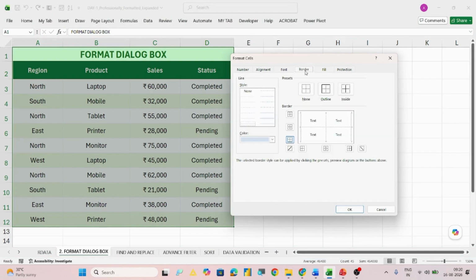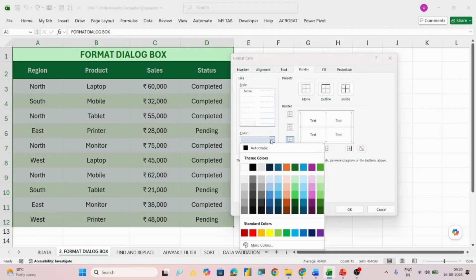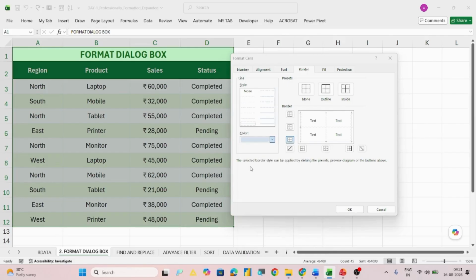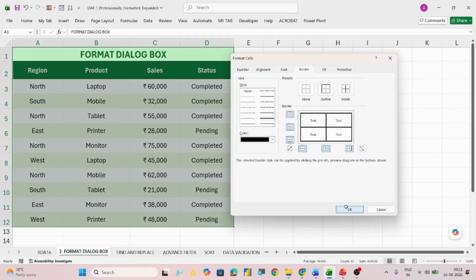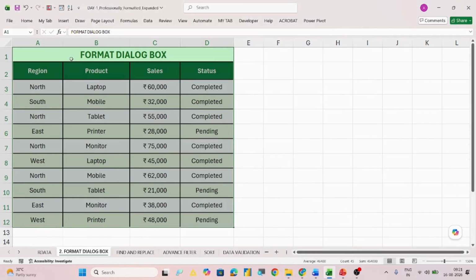Again, if I select the entire data, and go to Ctrl+1, and I want to put a border around this, in which color of border do I want? Just to make it clear about the border, let's say I select black only, right? So this is the color and I want the thick border around, and here I want it to be in the outline and inside also, right? So this is the preview, and then I say okay. So now the entire border appears around the cells as well as the table.